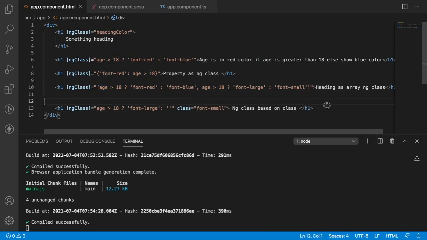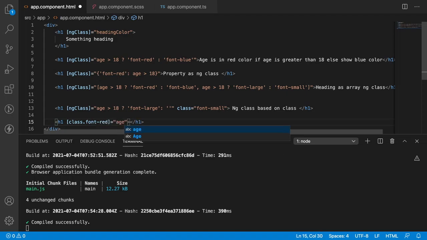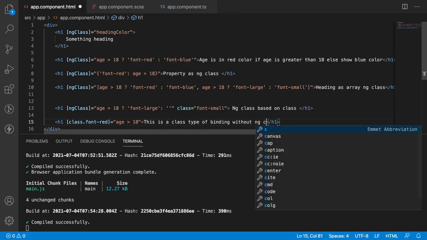And one more thing we need to know is ngClass is also used in another way, with a property. That means without ngClass, you can use only class dot, let me use font-red, and write the condition. If age is greater than 18, this is a class type of binding without ngClass.